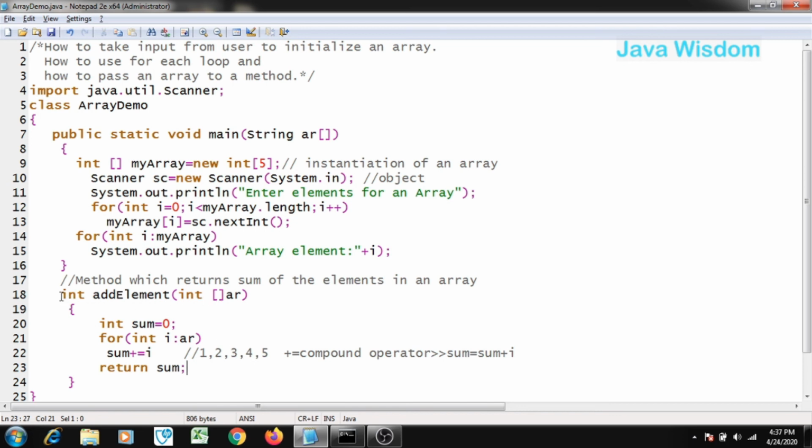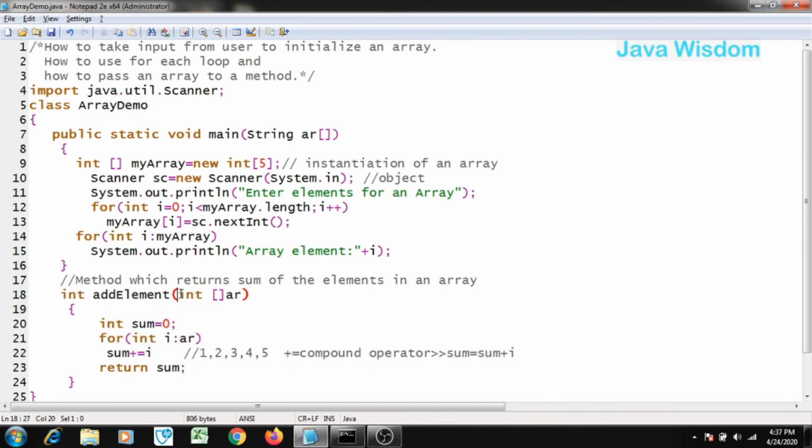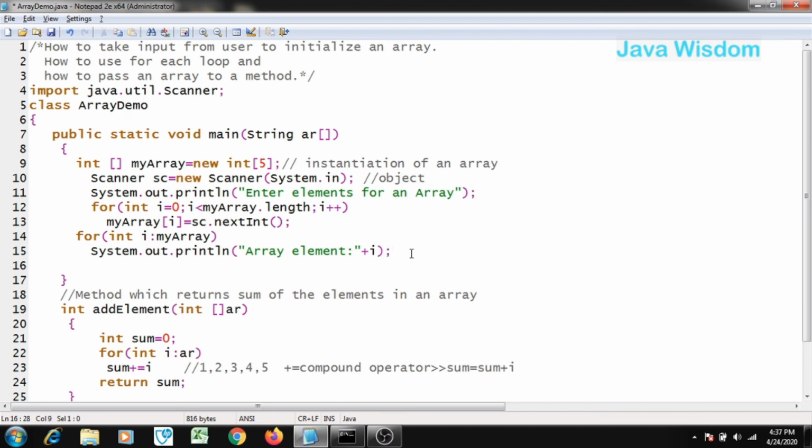First, I have defined a method which takes an argument as an array. Now this is the method side. Whenever this method is called, how is the array passed to that method? Whenever you define a simple method, you have to access it using an object of a class. So here I am creating an object of the class with new.